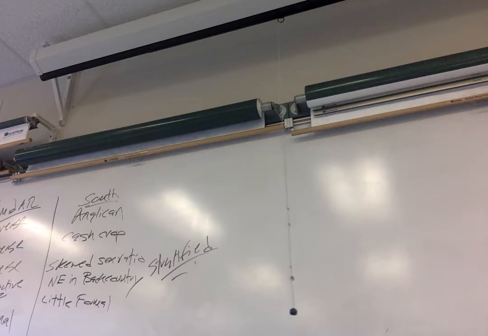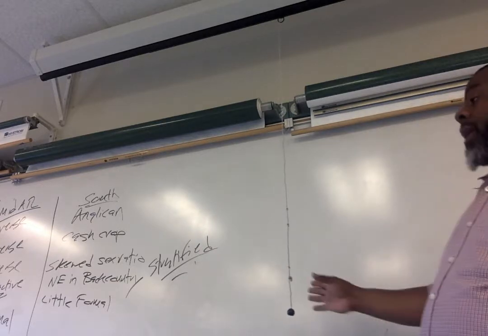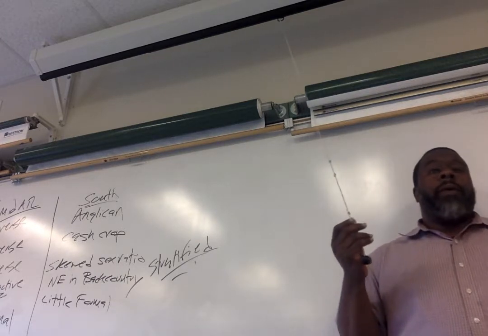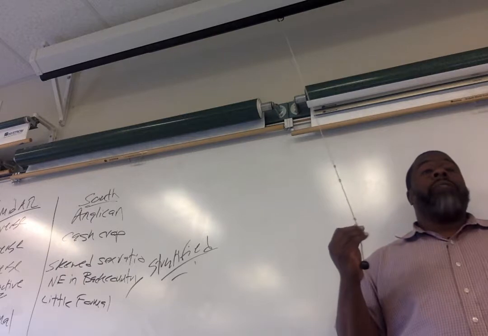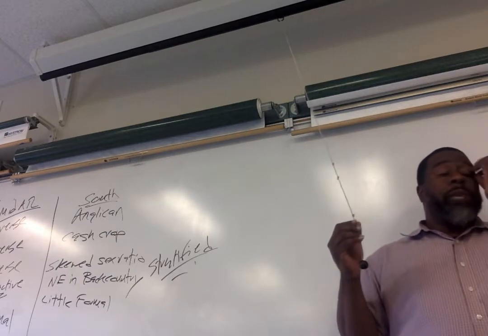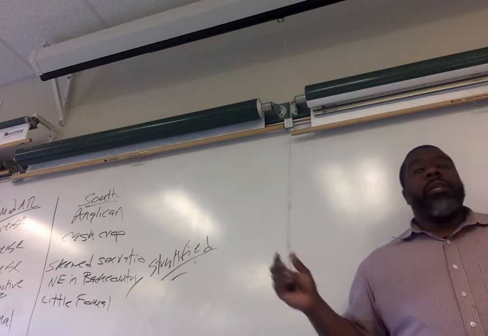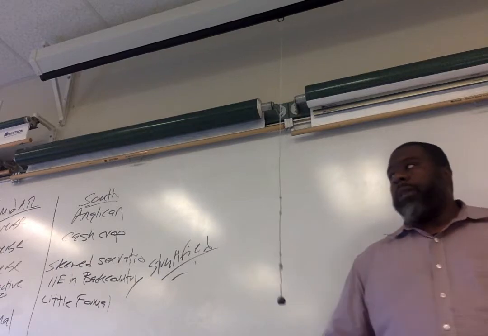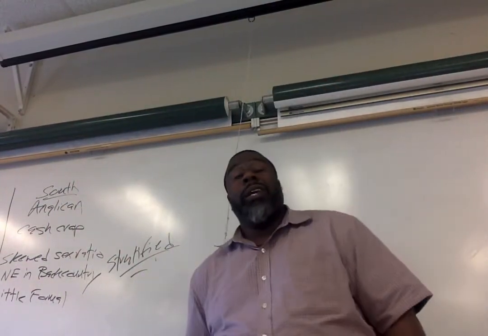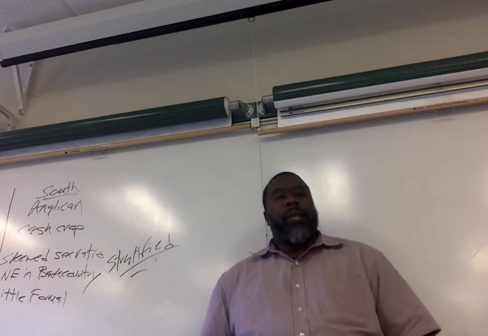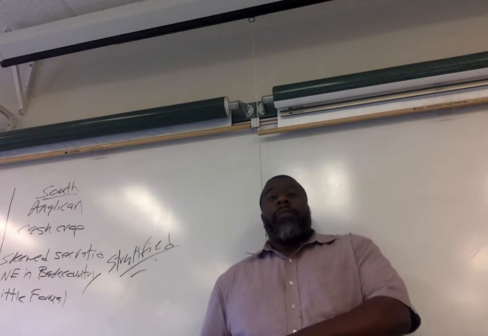Now, tobacco is going to be the moneymaker early on, as we've seen. Later on, we'll get to how significant cotton becomes as a crop. Cotton is going to be even bigger than tobacco ever was. In fact, by the time we get to the U.S. Civil War, in 1861, the South is growing 75% of the cotton on the entire planet. 75% of the world's cotton is coming from the slaves of the South by 1861.